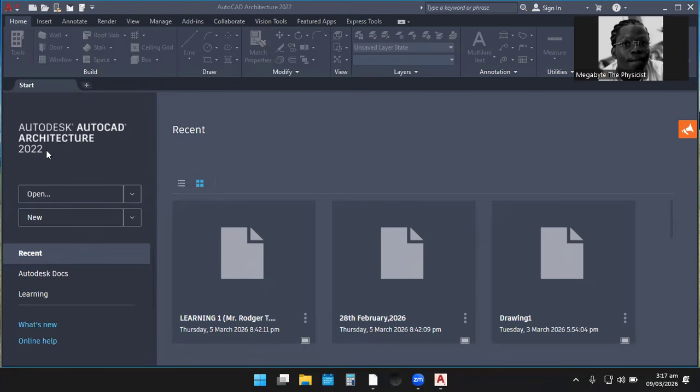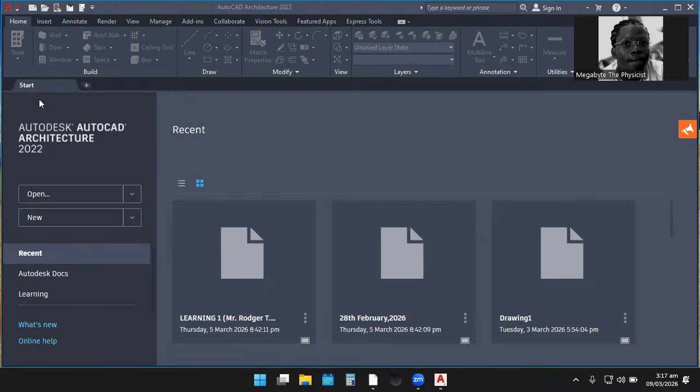Take note that in the metric version we have opened, one drawing unit is equal to 1 mm by default. That is the one we are using, so that is why we are focusing on it.